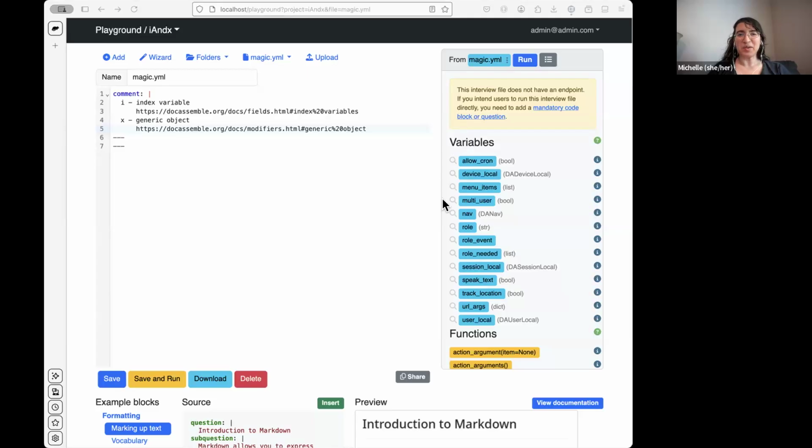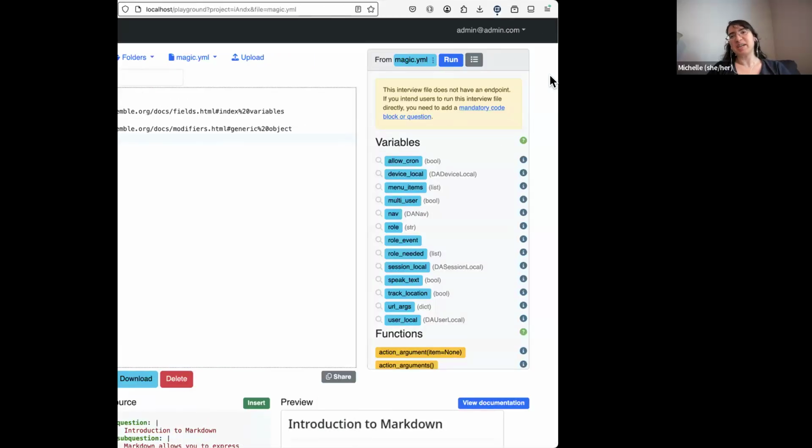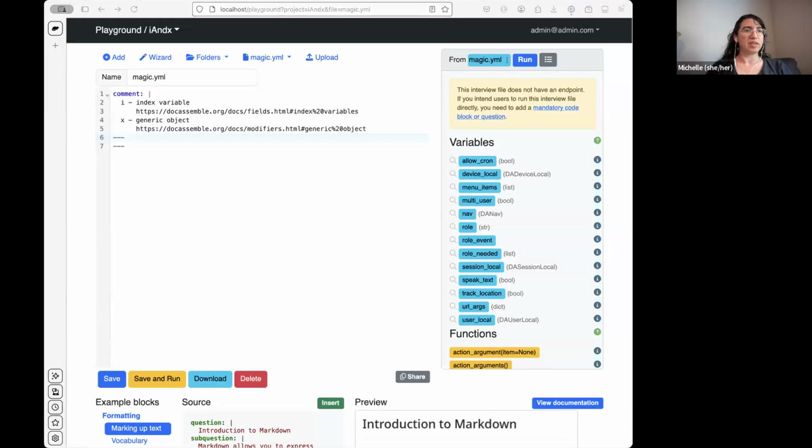This is several iterations in, and it's still a complex topic. So the letter I here has primordial roots from ancient times, which is math times. But in Docassemble, I stands for index variable. So usually I stands for index in other contexts of coding. And it's what we use to either define or use an item that is in a list. So for example, we'll